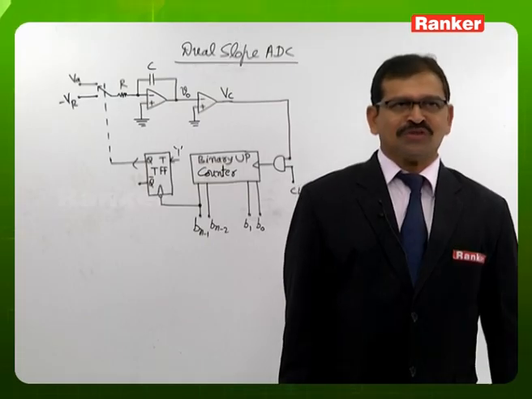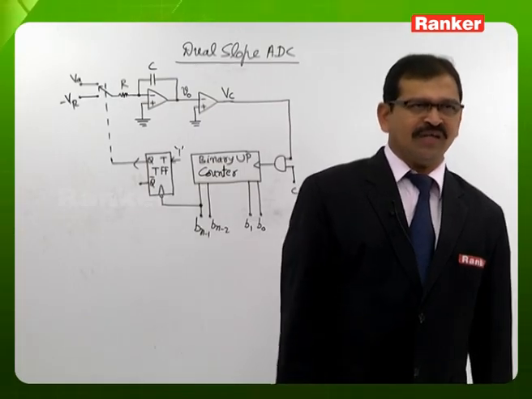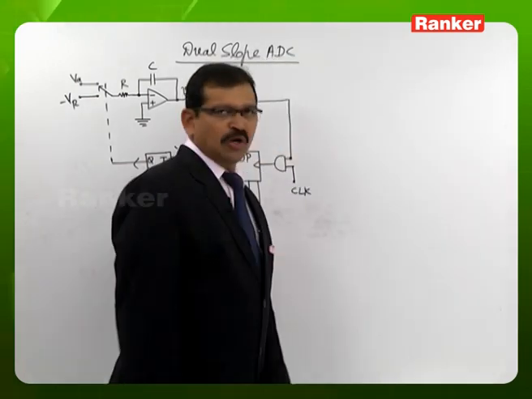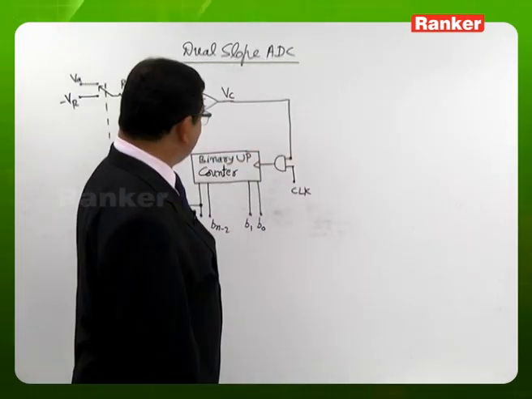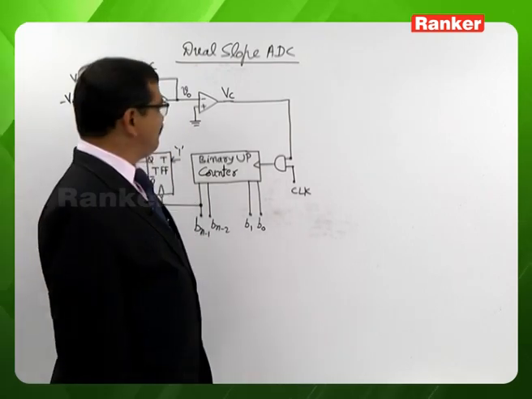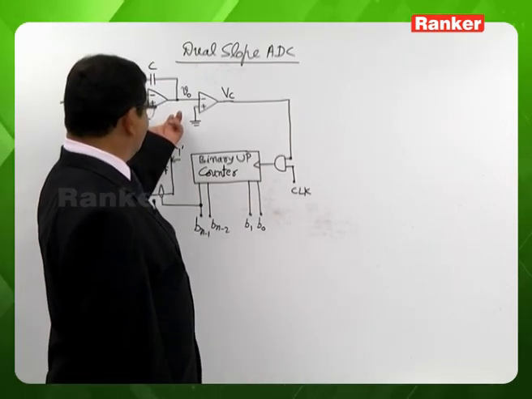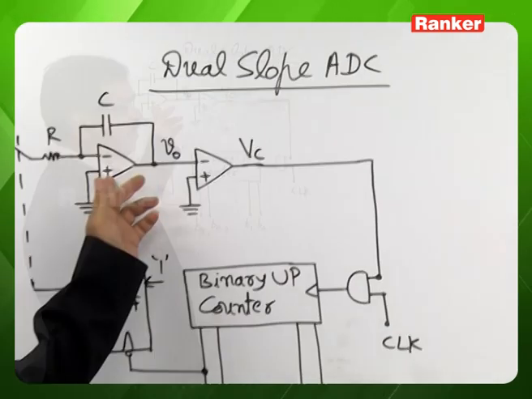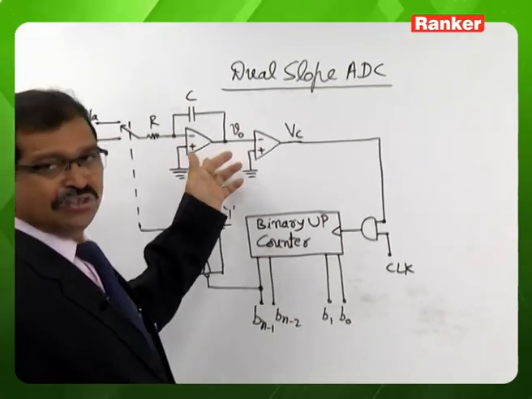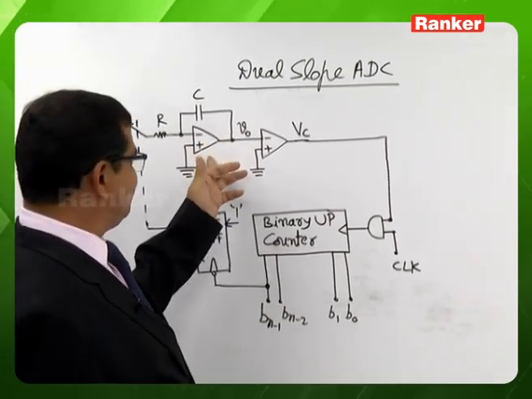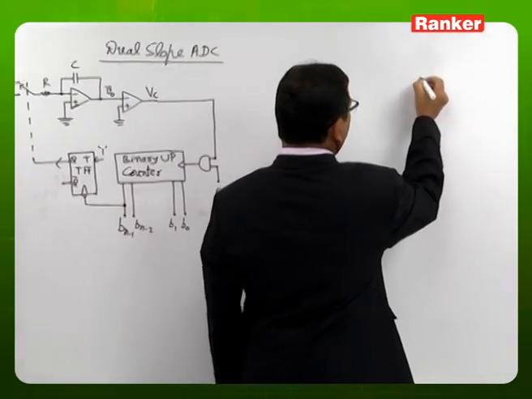In the last analog to digital converter, one of the standard analog to digital converters is the dual slope analog to digital converter. In this dual slope analog to digital converter, we are looking at an integrator circuit. In this operational amplifier, we are having the usage of the integrator here. Whenever we are having the usage of op-amp